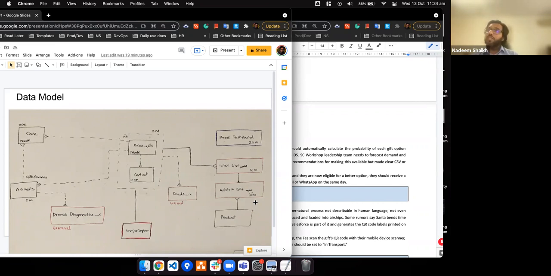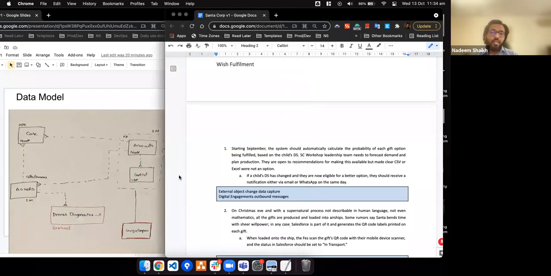But as we go forward, we may come back to it when a global rollout happens to see if there needs to be any additional consideration that may change that recommendation. Ideally, the data volume and the complexity of the recommendation to calculate the probability weren't significant enough. Hence, I went against external objects and brought that information into Salesforce, calculated in Salesforce, and based on changes on